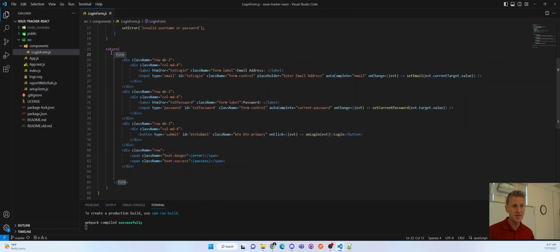Keep in mind that your JSX has to have one parent element. My one parent element is my form tag. Keep in mind there has to be one root. That's another rule of XML, that there has to be one root element. And so in JSX, you have to have that one root element. And so in my top